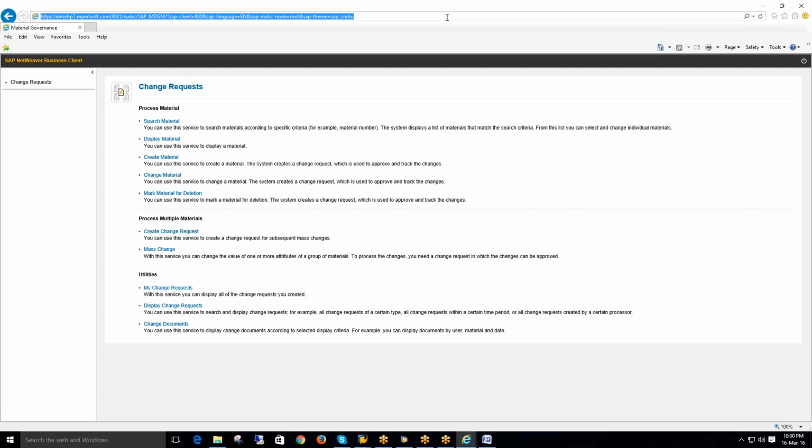Thirdly, with MDG 6.6 and, I think from 7.0, you can have your HANA database installed. So MDG can run on a HANA database. And most importantly,